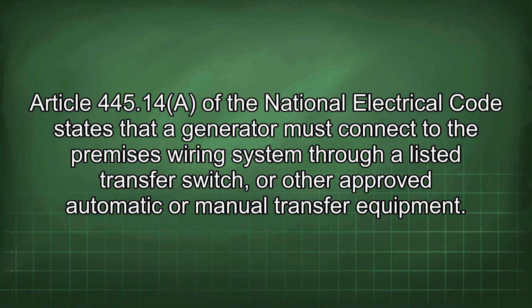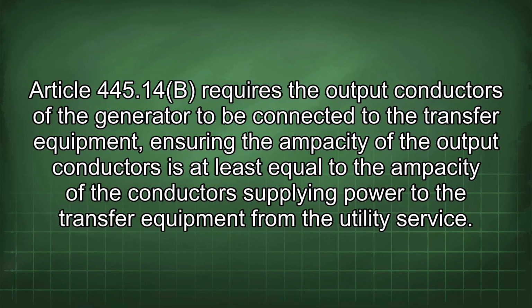Article 445.14 of the National Electrical Code states that a generator must connect to the premises wiring system through a listed transfer switch, or other approved automatic or manual transfer equipment. Article 445.14(B) requires the output conductors of the generator to be connected to the transfer equipment, ensuring the ampacity of the